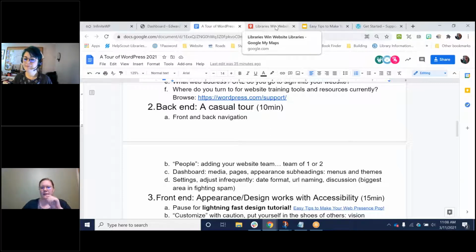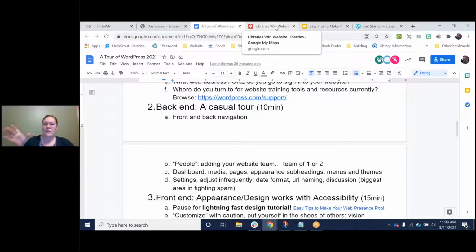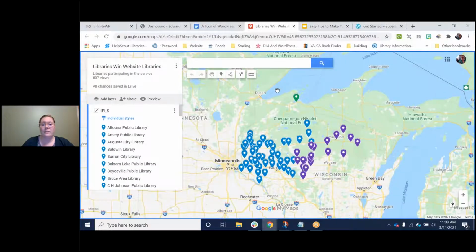Shauna put the link to the Southwest Libraries directory, and it's not a bad idea to look at your neighboring libraries' websites. What do you like? What do you not like? What do you wish you had on your website? If there's a library that you love on social media, check out their website, right?